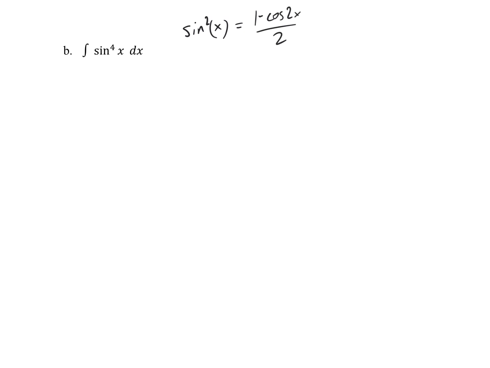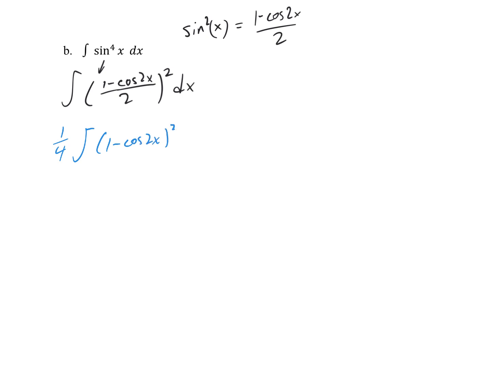Okay, so what we're going to do is sub this out, and we get something like this: 1 minus cosine 2x over 2, and then the whole thing squared, still behind our integral. From here, if we attempt to simplify this a little bit, the 2 squared at the bottom will come out as a 1/4. Then 1 minus cosine 2x squared dx, and then let's FOIL this out, and we get something along these lines, minus 2 cosine 2x